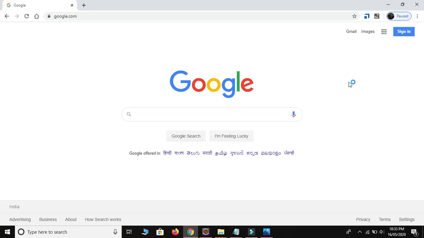Let's consider one example. On Google's web page you are automating two test cases. The first one is this sign in button and the second one is this Gmail. You write the first test case with the sign in button and you get the screenshot. As per the requirement you have taken the screenshot. I will explain one more interesting topic.